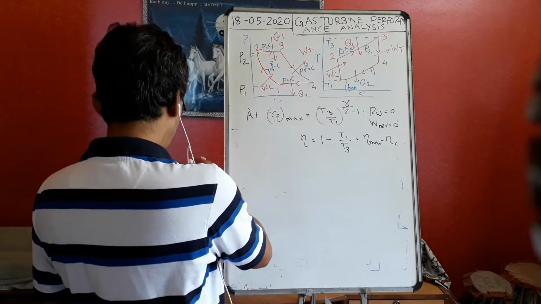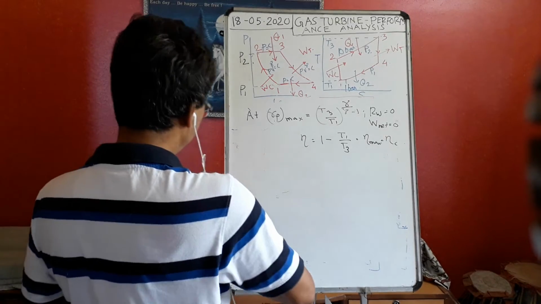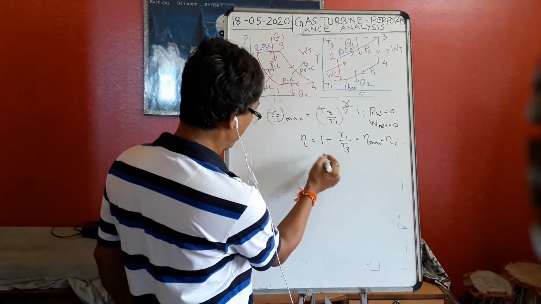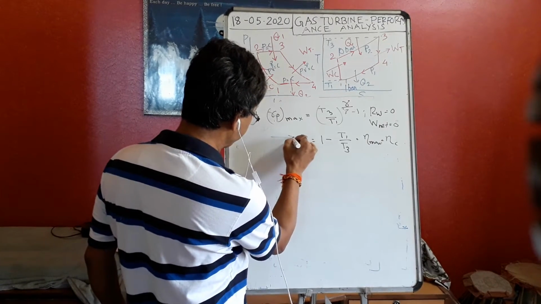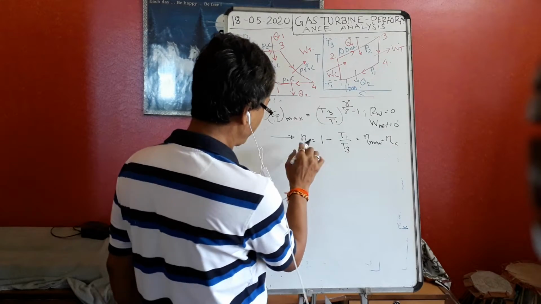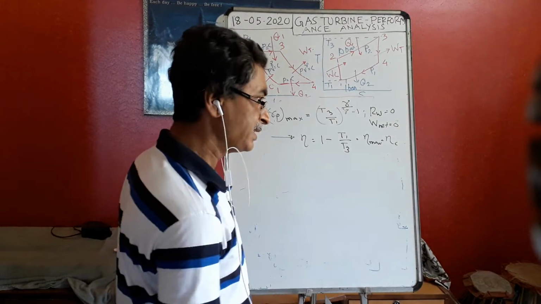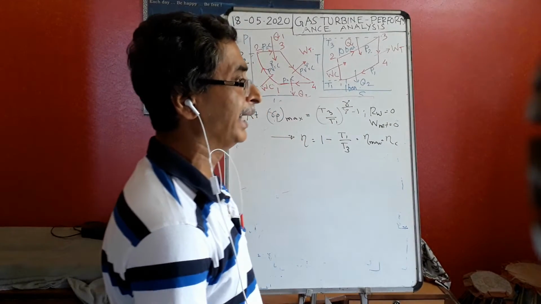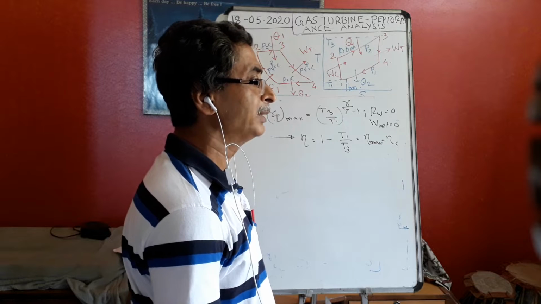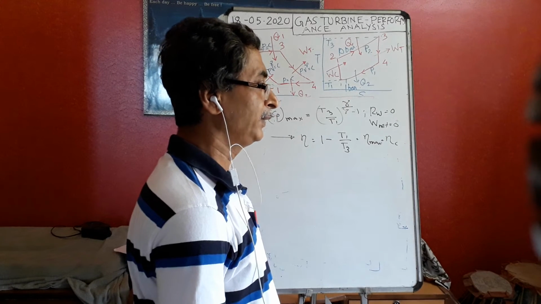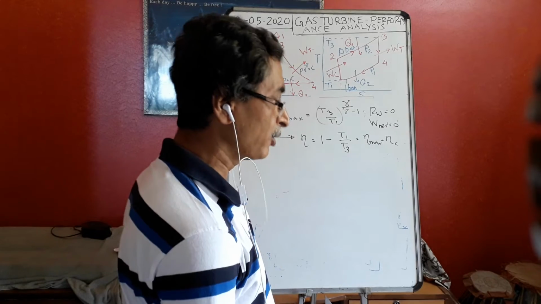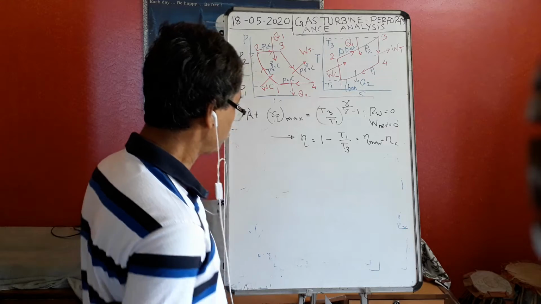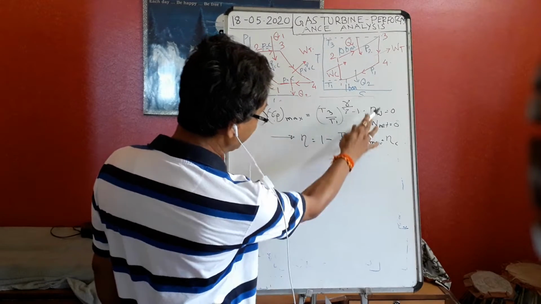So now I want to find out another. I am not interested particularly in the efficiency alone. I want that efficiency has to be high and work ratio has to be high. That means W net has to be there. If W net is minimum, then what is the use of running that plant? If I cannot sell the electricity, then what is the use of setting up this plant? So efficiency has to be high and work ratio has to be high.